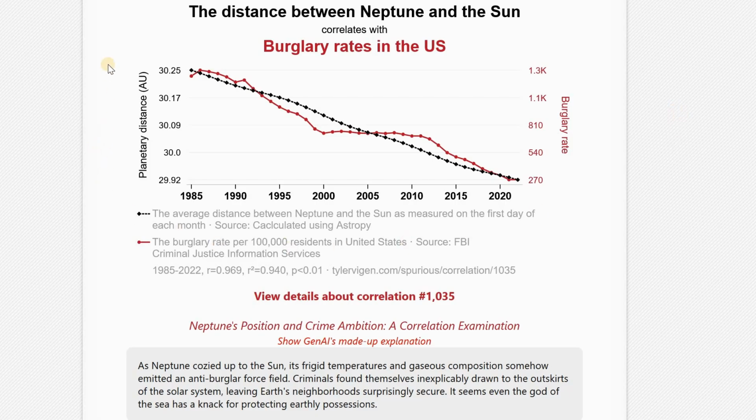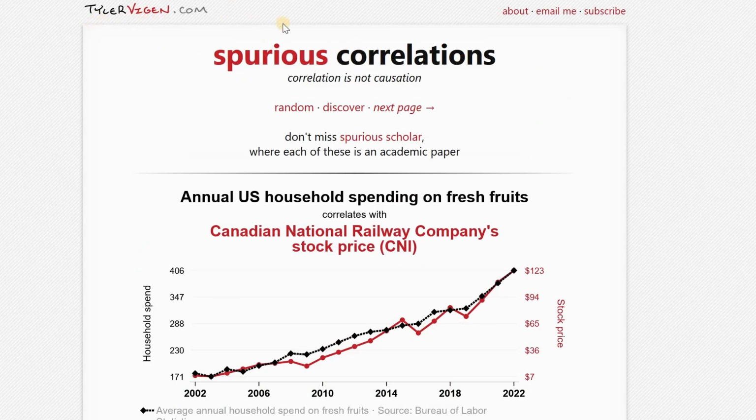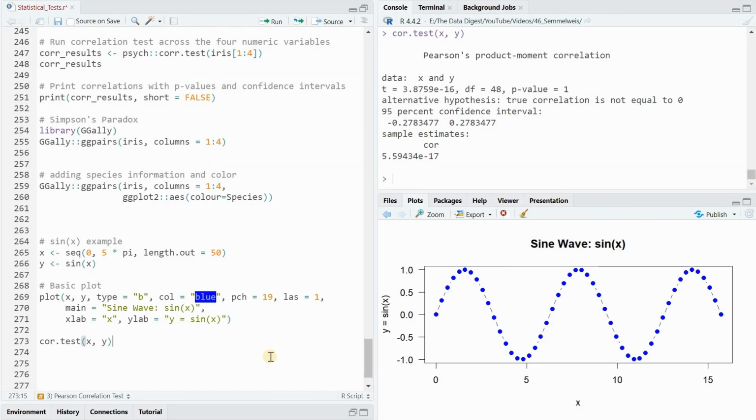Some things just change over the decades. For example, the distance between Neptune and the Sun almost perfectly correlates with the burglary rates in the US, and you can find these spurious correlations on tylervigen.com. And the last thing on correlation,